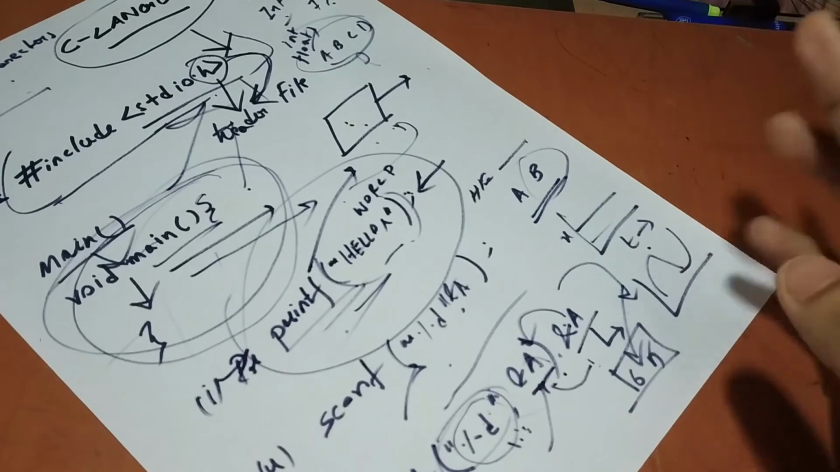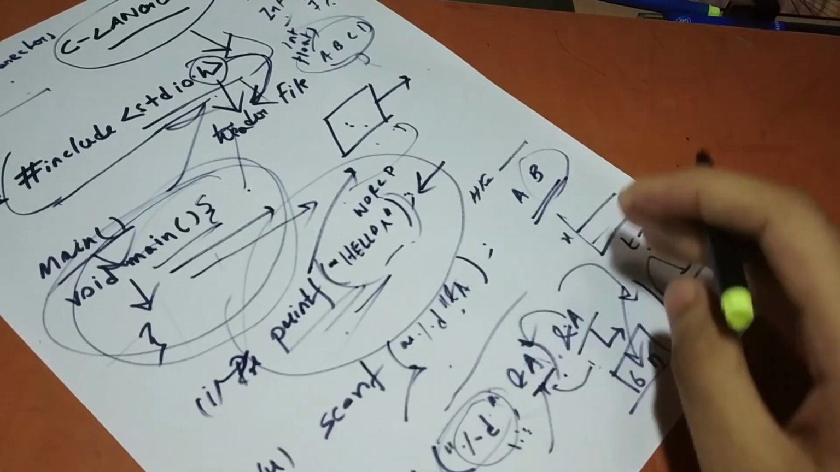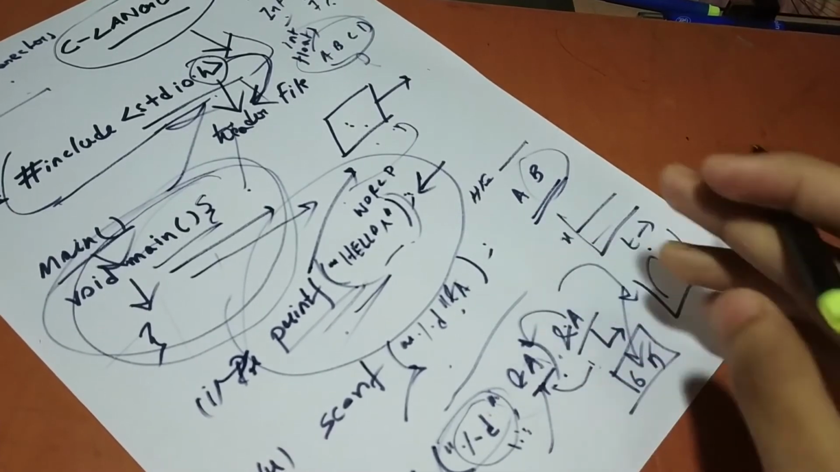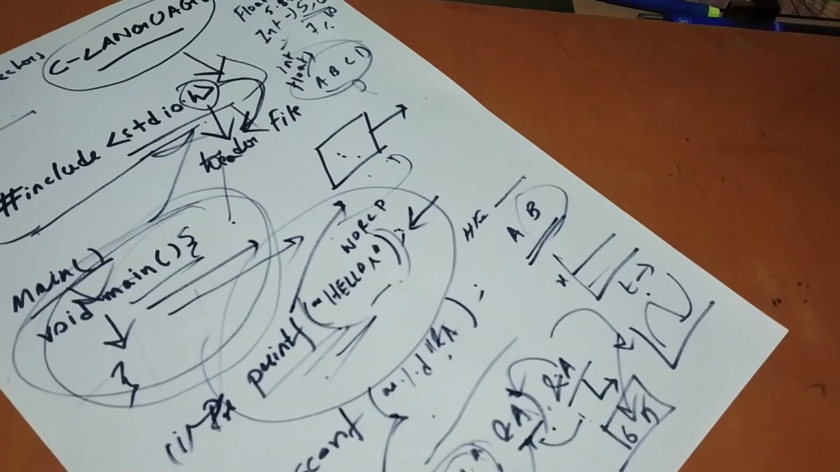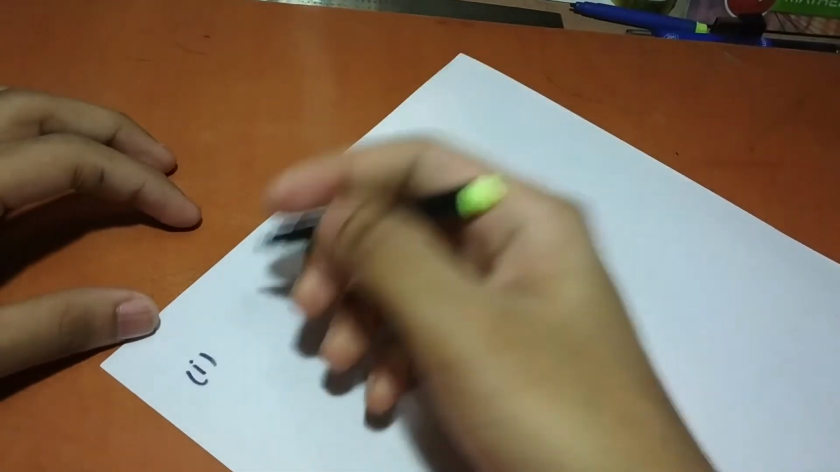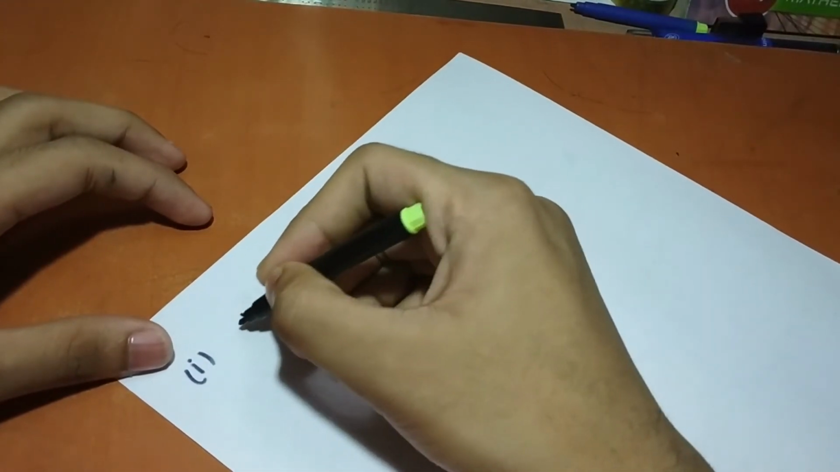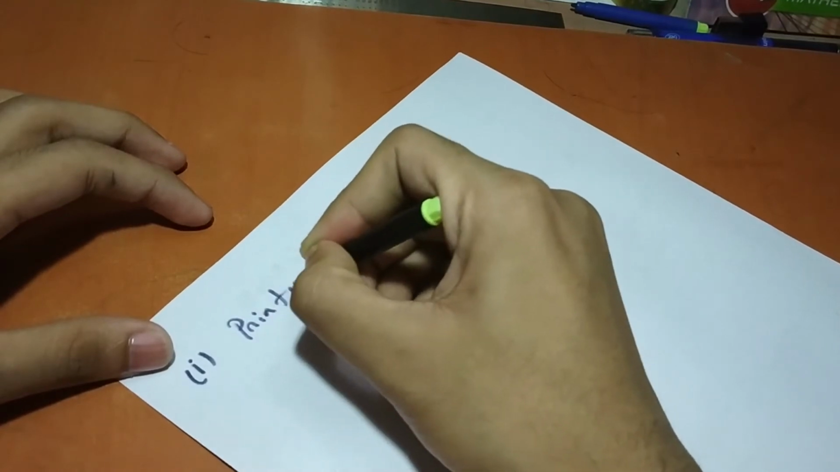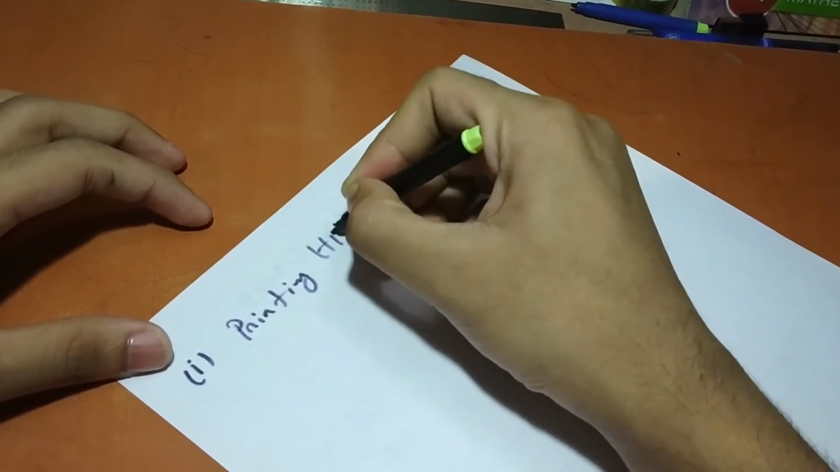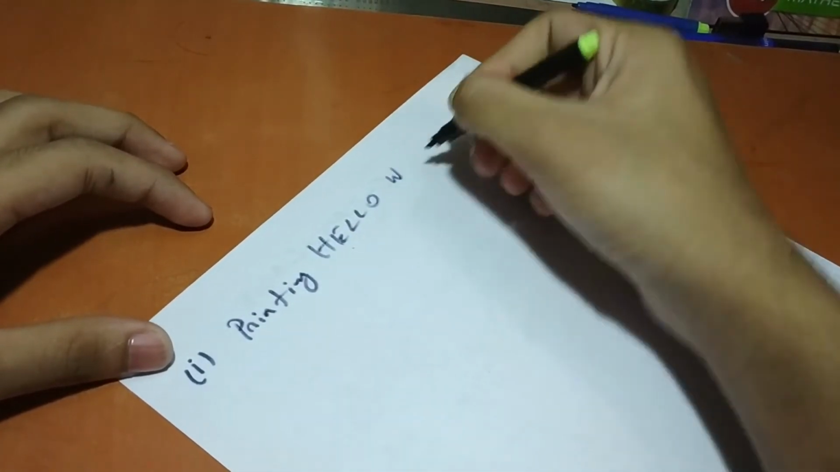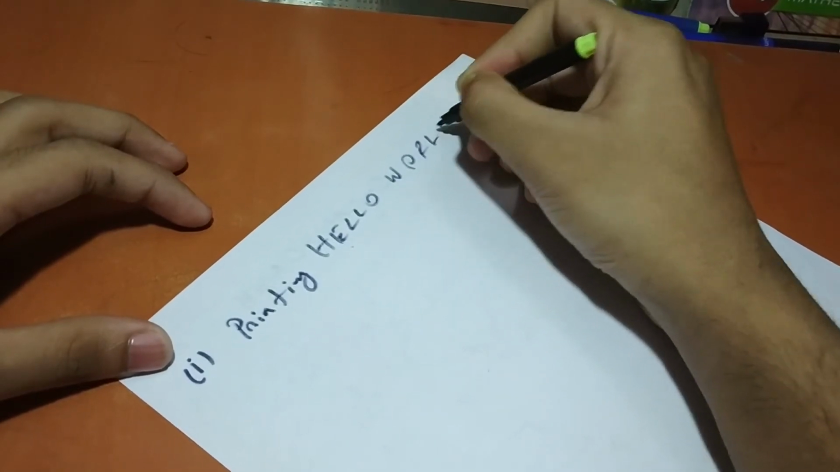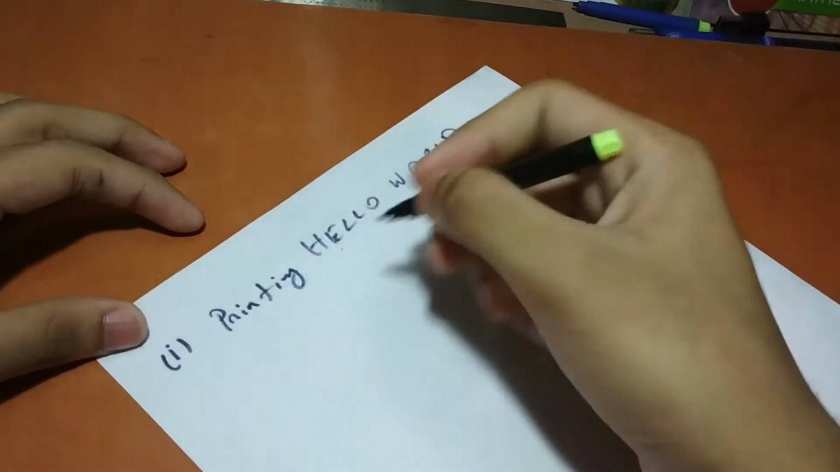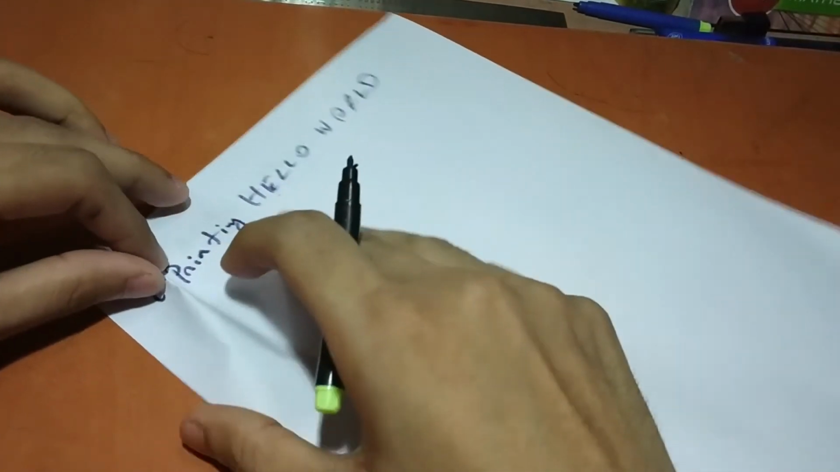So okay, let's do 2 or 3 examples, right? Let's first start with a very basic one that I always do with beginners, that is printing hello world, right? So how will I do it? What I told from the first video is that